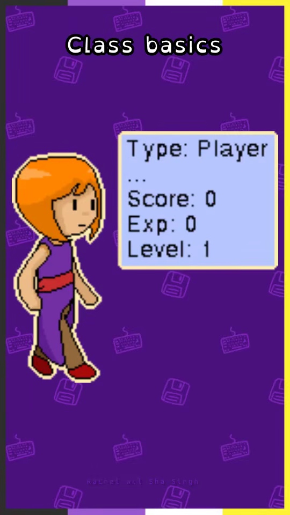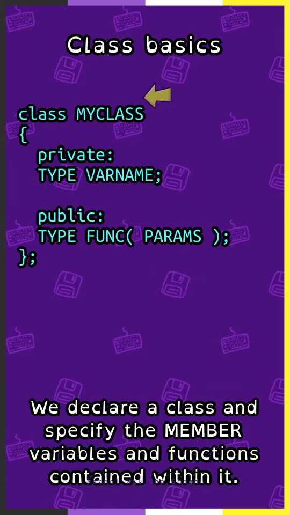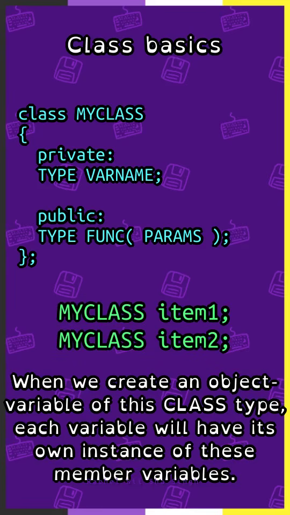Class basics. We can declare a class to create a custom data type we can use to declare variables. These classes can contain member variables and member functions. We declare a class and specify the member variables and functions contained within it. When we create an object variable of this class type, each variable will have its own instance of these member